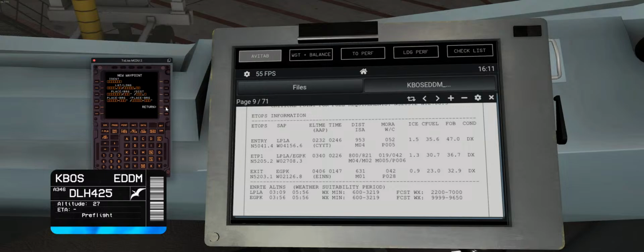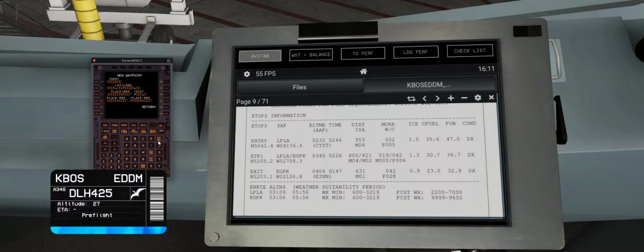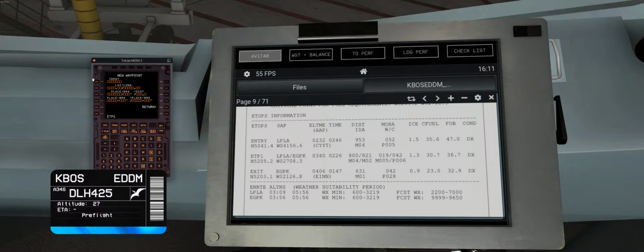So let's add a waypoint. Let's call this ETOPS entry point. And we're going to put in 50, 41.4 north and 41, 56.6 west. And store. Okay, and then we're going to take our ETOPS 1 point, and that's going to be